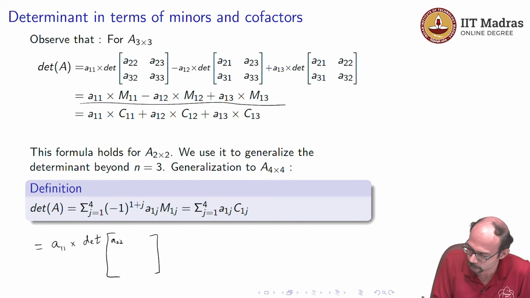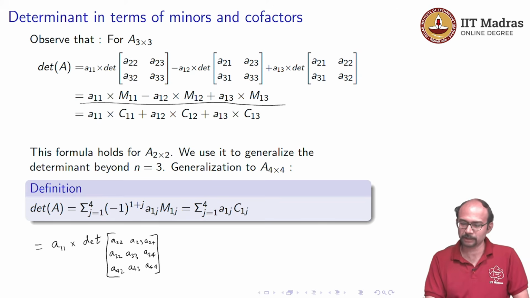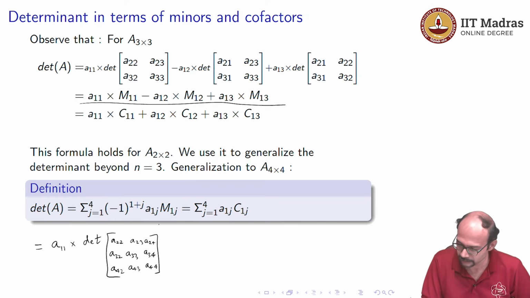So, a 2 2, a 2 3, a 2 4, a 3 2, a 3 3, a 3 4, and then a 4 2, a 4 3, a 4 4. That is the first term in this sum, then minus a 1 2, and I will write one more term, determinant of